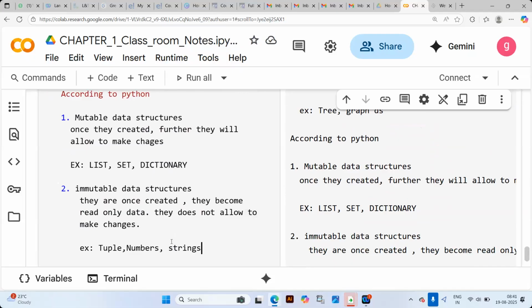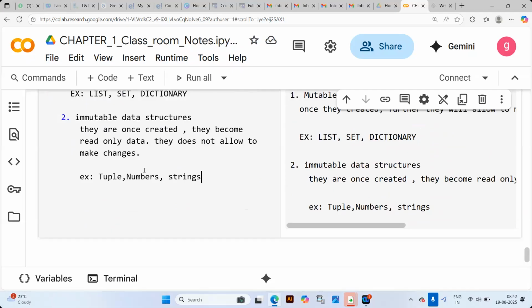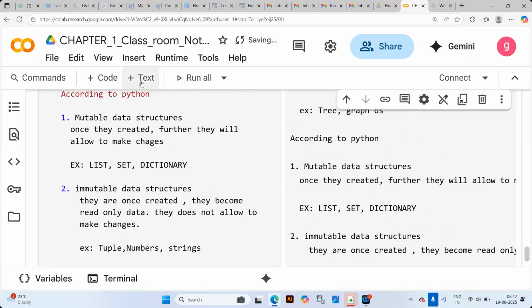So these three data structures won't allow changes once they're created. So let us understand one by one.